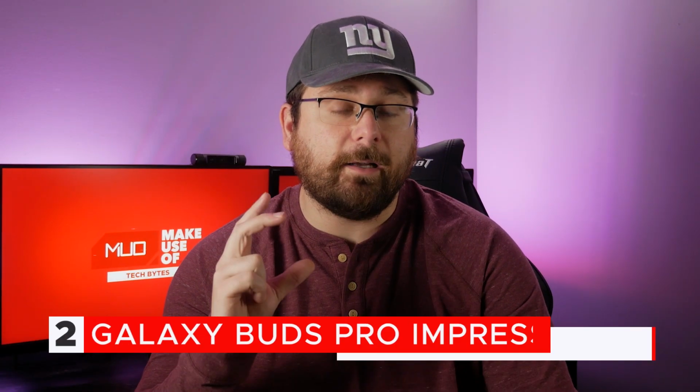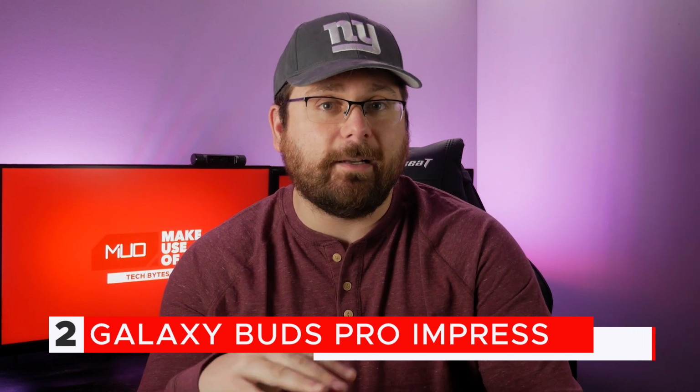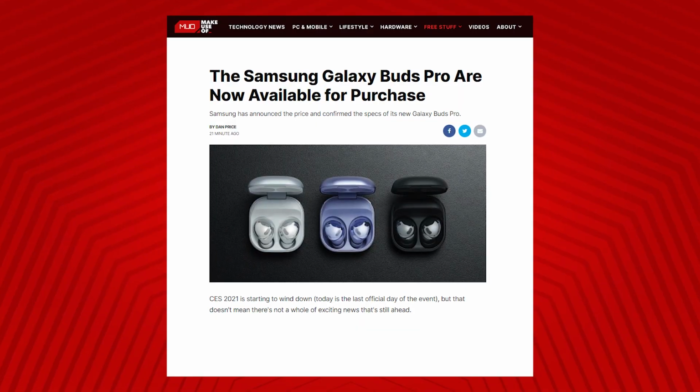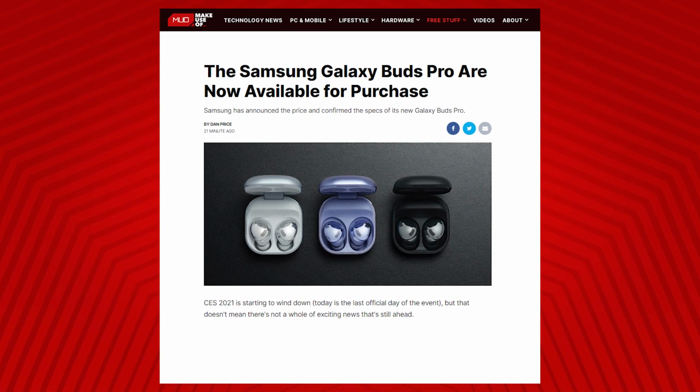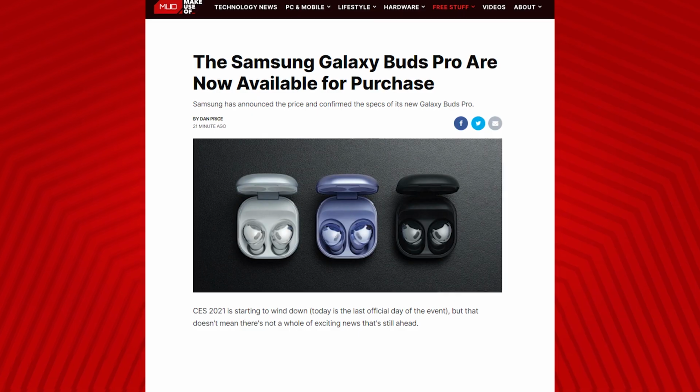Sticking with Samsung for a minute, the company also announced the Galaxy Buds Pro at its event, and these are some really feature-packed earbuds that look quite cool. Samsung basically gutted everything we know about the Galaxy Buds and put a completely new design with the Pro. So they come with all sorts of other features that you won't get, including this noise cancellation that is kind